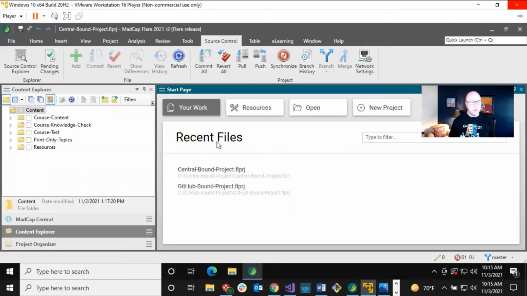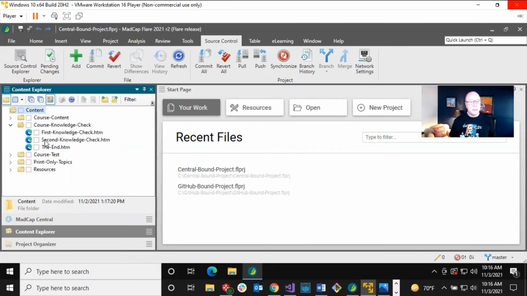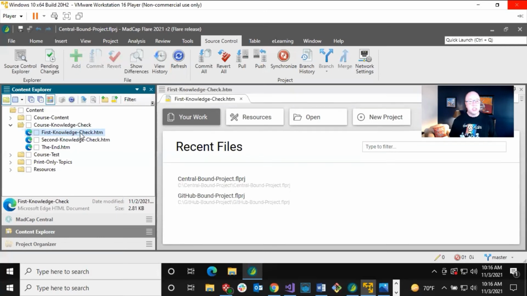This is my VMware, and I am writer number 2, Central-bound project. Here it is. If I open up that same stuff, you can see the differences in here. All right. First knowledge check. Let me open up this topic, and you won't see the change